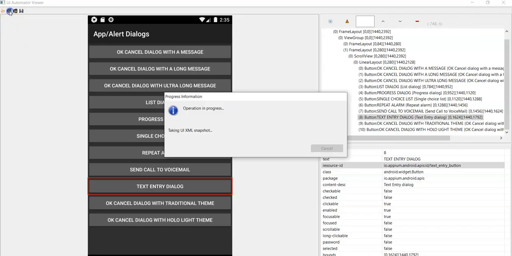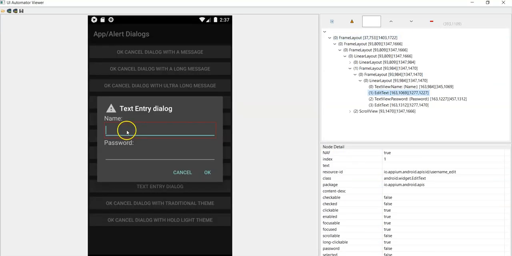Now let's take the screenshot. Now click on the name text field. So username_edit is the complete resource ID value for this name text field. And password_edit is the resource ID value for the password field.